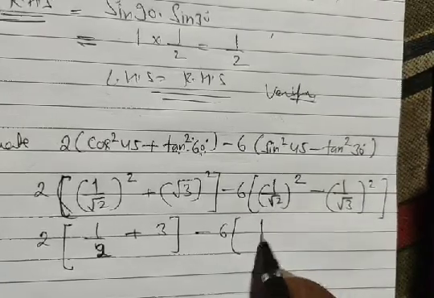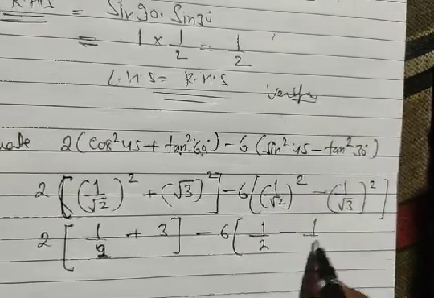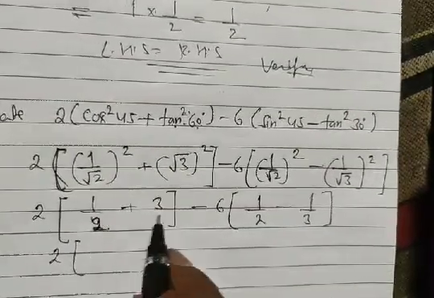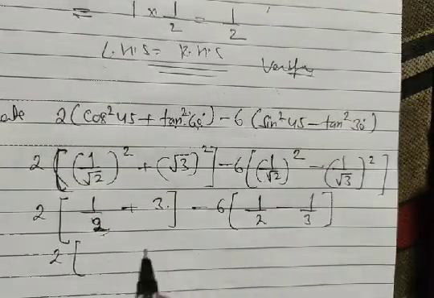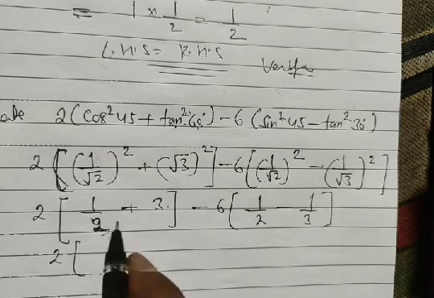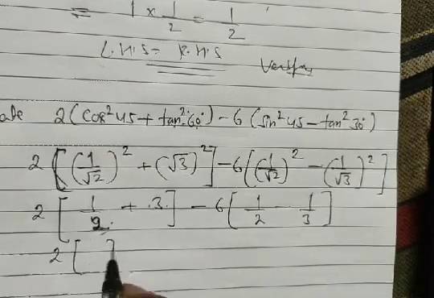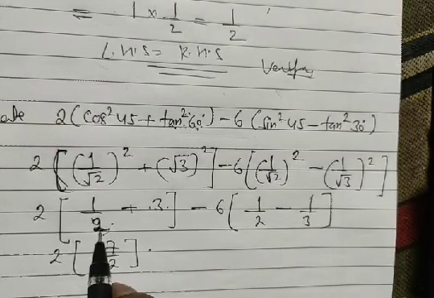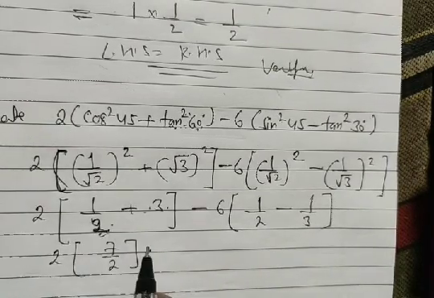Again, the square root of 1 by root 2 is what? 1 by 2. Here we get 1 by 3. Now we proceed to take the LCM. LCM is 2, then here we get 6. Then what we get? 6 plus 1, 7 by 2. Look what we get. It's 1, 3 to 6, 1, 7 by 2.